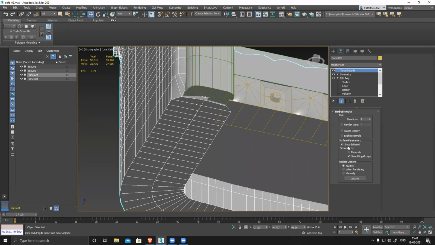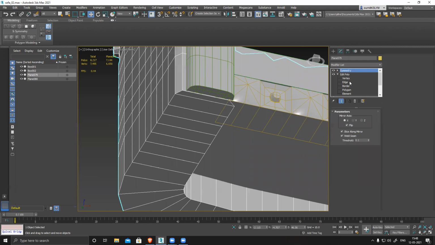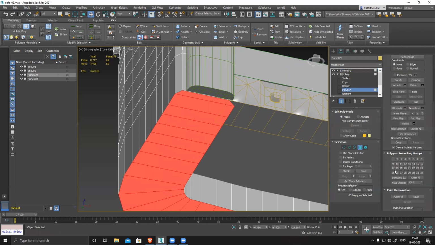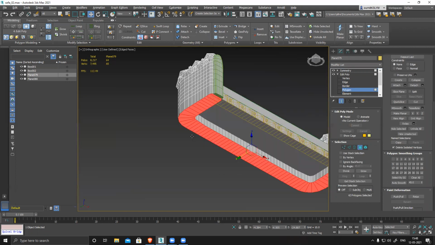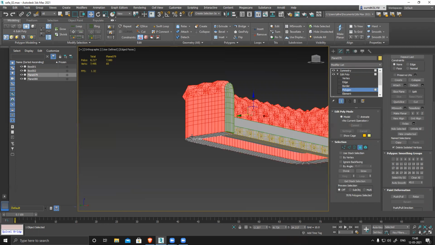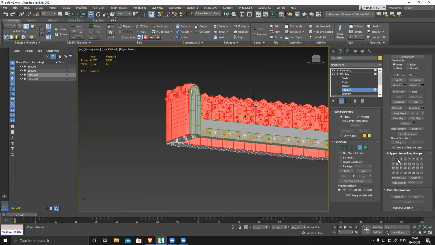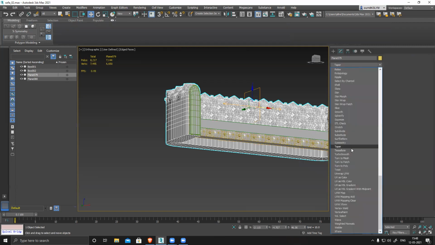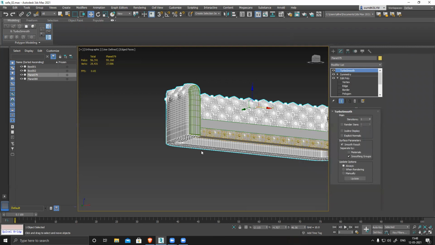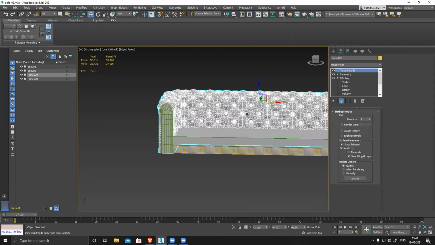But there is something here. All the polygons, make sure to give them only one smoothing group, correct. Ctrl I to invert your selection. That is also something you can do, but that part also has one smoothing group, so it will create problems. So clear, apply 2. So this was 1, this is 2. I want this shape to retain. Go to symmetry and apply a turbo. See, it becomes perfectly soft and smooth.